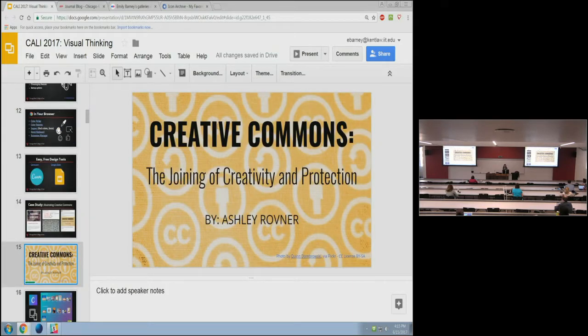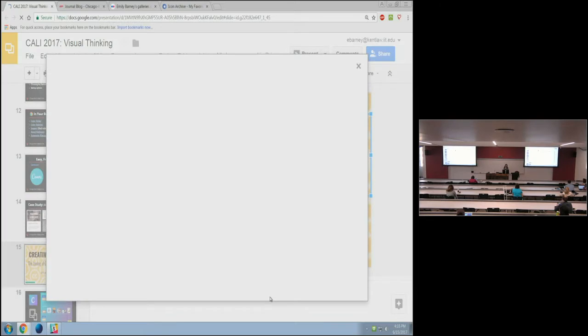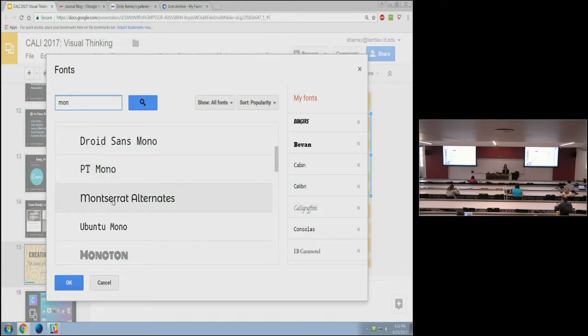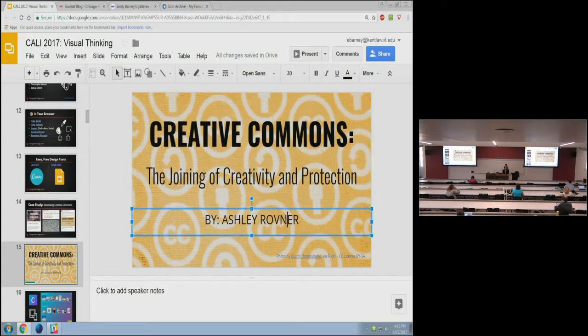So when I'm in Google Drive, which I'm in right now for this presentation, there are a ton of fonts. I can also click on more fonts, and I can search for them. I've already installed this one, and this one too. There's a lot of them I use regularly, but there are other ones out there. So if it's something that is available, then I can type the words in and make all the changes that